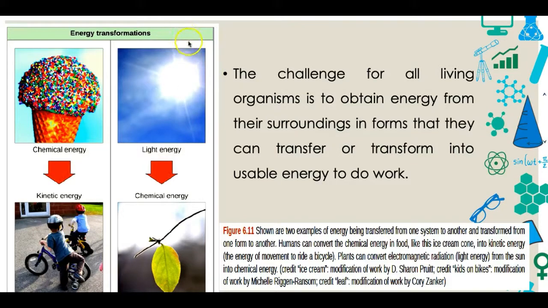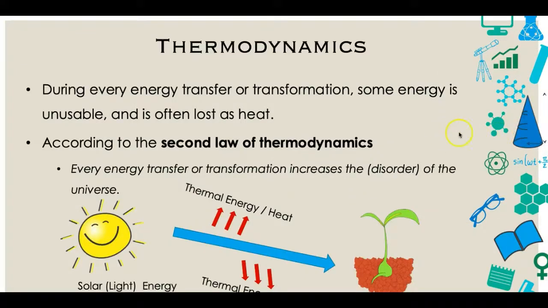For the second example, the light energy, this is the same as my example before, from the sun will be transferred and transformed into chemical energy by the plants through photosynthesis. And during every energy transfer or transformation, some energy is unusable and is often lost as heat. According to the second law of thermodynamics,